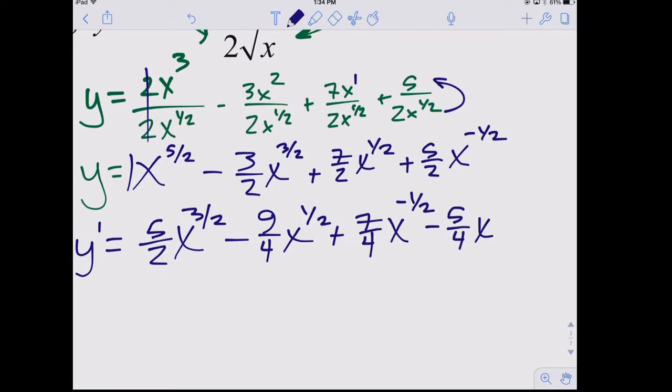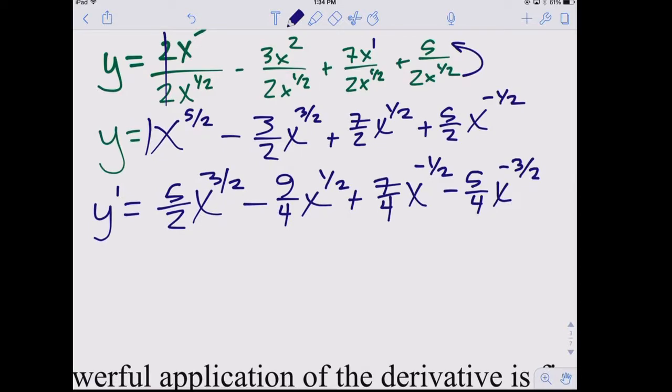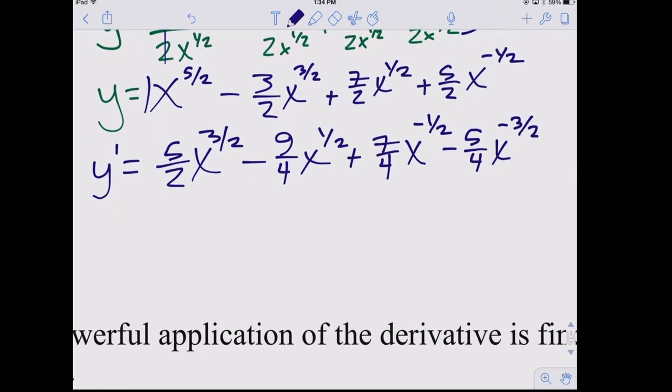X to the negative 3 over 2. Right, we subtract 1. Negative 1 half minus another 1. Wow. So lots of fun with fractions there. I told you this would be a multiple choice question. That probably would not be the answer choice, because I'd do one more thing just to keep the fun going,